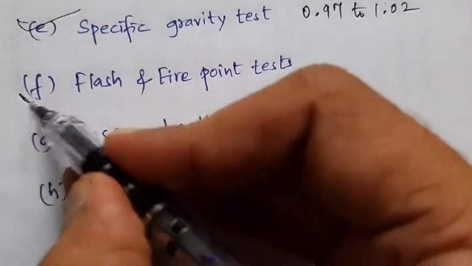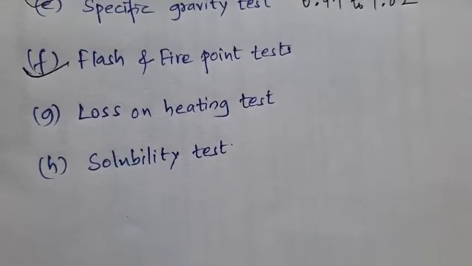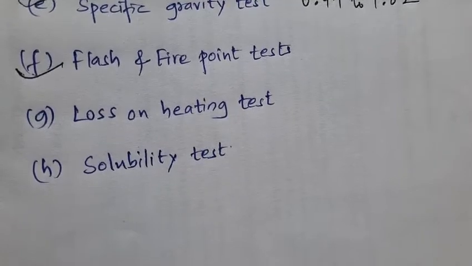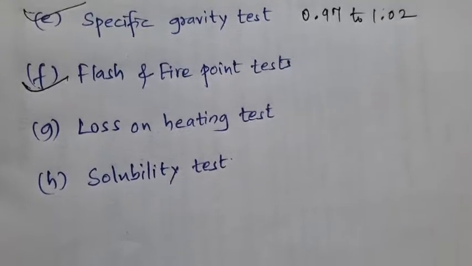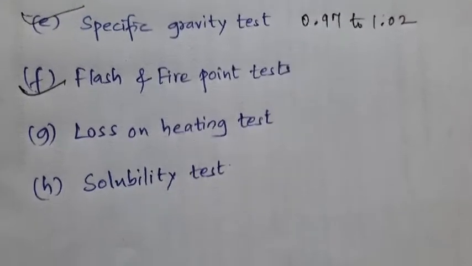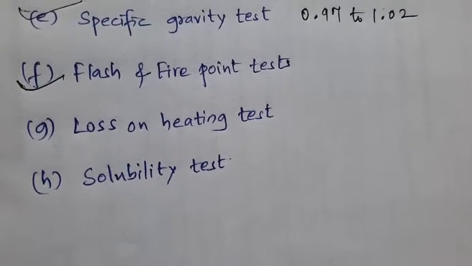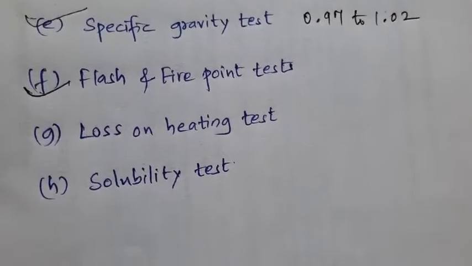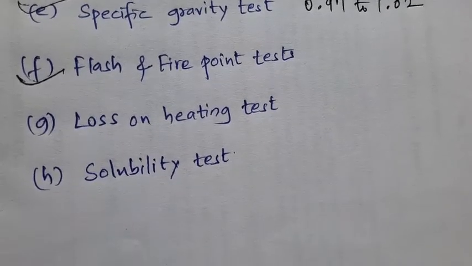So next is flash and fire point. When the bituminous binder is heated continuously above a certain temperature, it starts emitting volatile vapors, and these volatile vapors can momentarily catch fire, causing a flash, though the binder itself does not catch fire and burn at this temperature. The temperature at which such behavior occurs differs for the different grades of bituminous binders. This condition is very hazardous, and therefore it is essential to determine the temperature at which the flash and the fire can occur in each grade of bitumen.